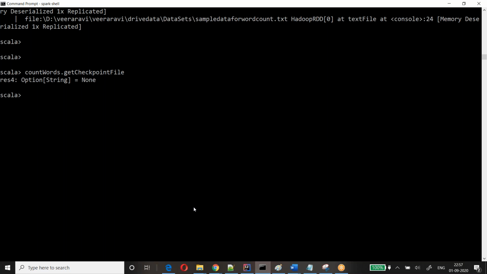There is no checkpoint as of now, we have not done the checkpoint. So let's set the checkpoint. You need to set the checkpointing directory for your Spark context. You need to specify file colon //.